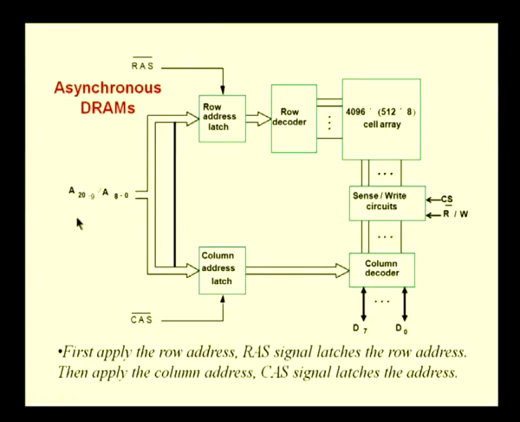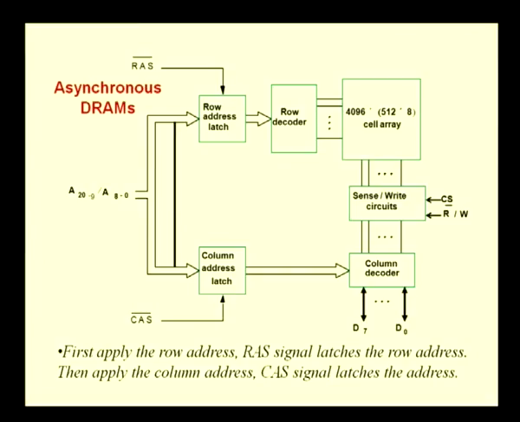If you have a very large memory structure, the number of address lines required will be very large, and that occupies some space. To optimize on that, we divide the entire addressing into row addresses and column addresses